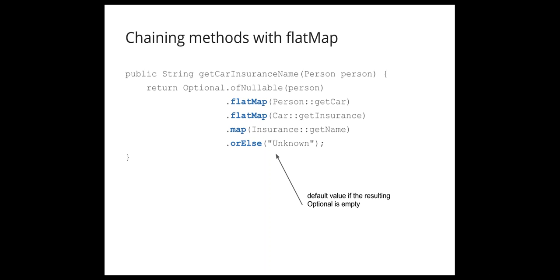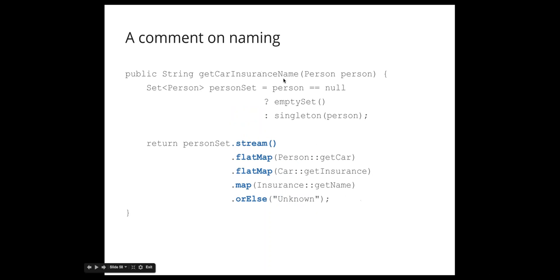And finally here, if at any point any of those methods returns an empty optional, then we can have a default value here, unknown. So that's sort of the power that you can get using the optional objects. Not only do you get more explicit modeling, but also you can use the API here to guide you to a traversal query in a type-safe way without having to add those defensive null checks that are really error-prone, that you might forget to do as well.